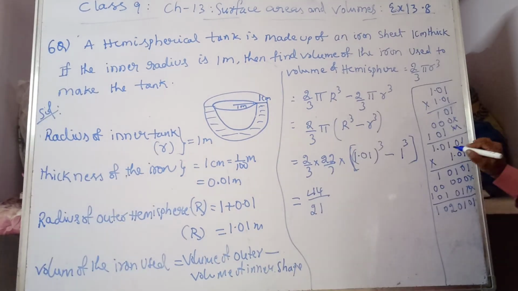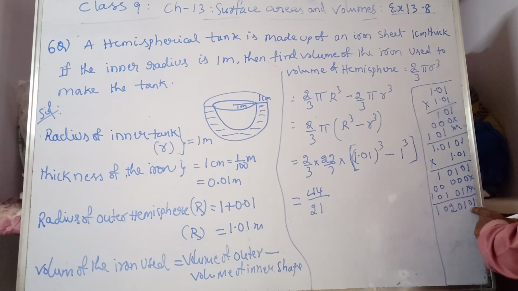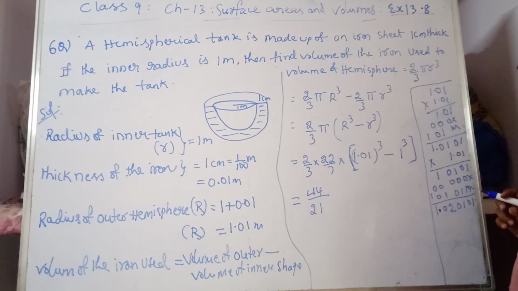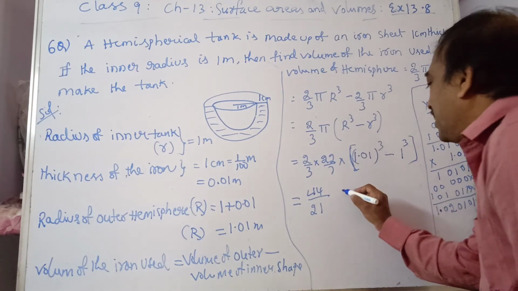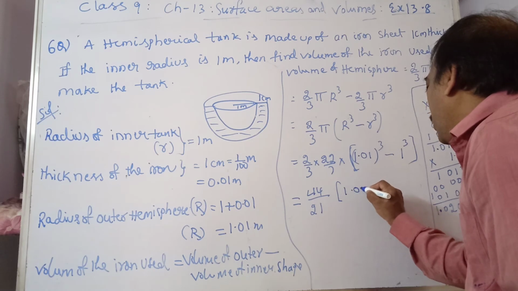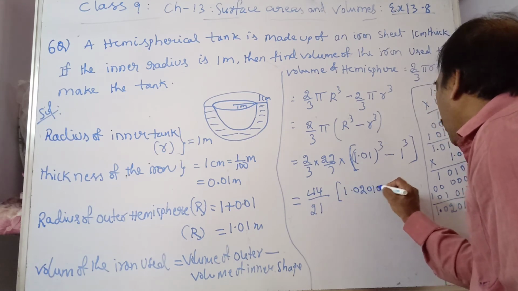Now here there are 4 digits and here 2 digits. Total 6. 1 2 3 4 5 6. So this is 1.020101. So which is nothing but, here I am writing 1.020101